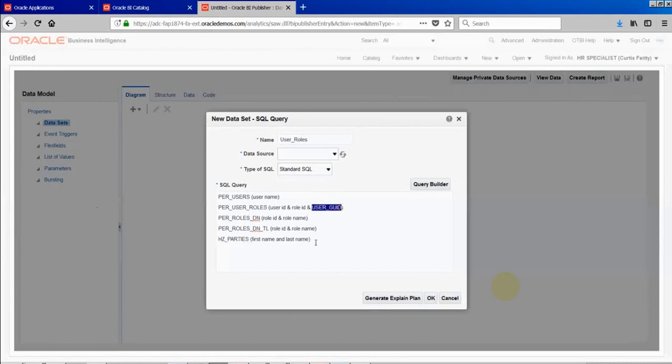Based on this, it will be mapped. So we are able to combine this one to this one, this one to this one, and this one to this one.